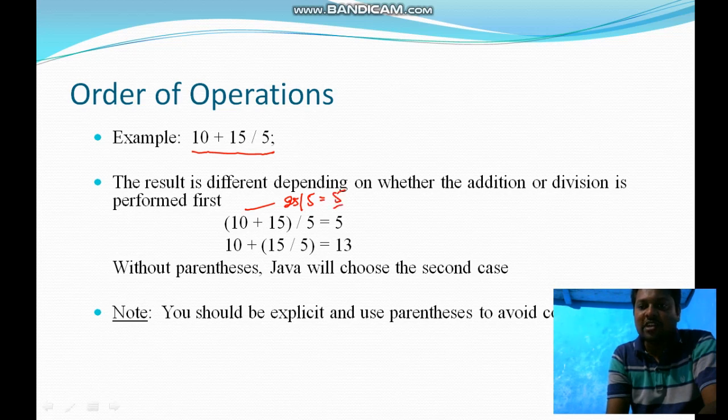If brackets are not there, Java follows the order we saw previously: first division, after that addition.